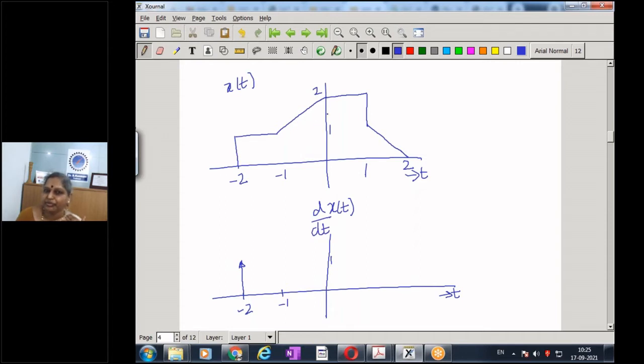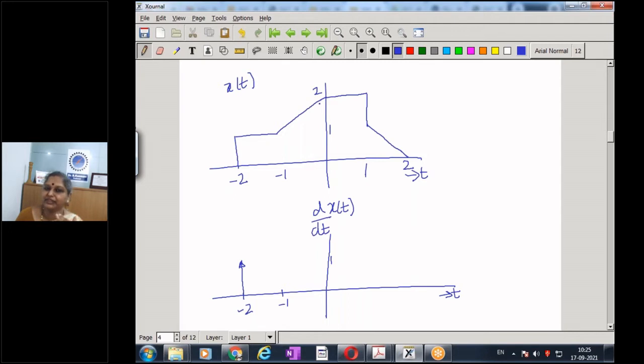What is the slope of the signal in this range, from -1 to 0? Is the signal increasing or decreasing? Imagine I'm walking at -1 and I continue walking along the signal up to 0. In this range, how is my signal?